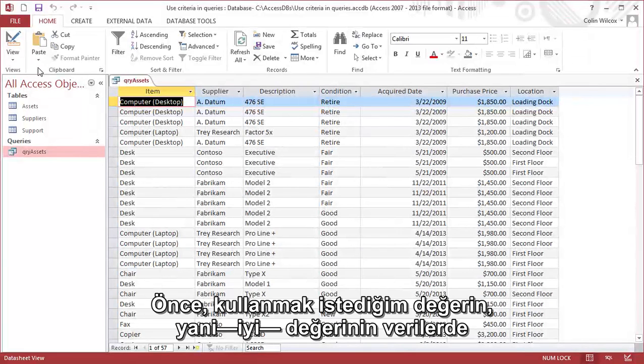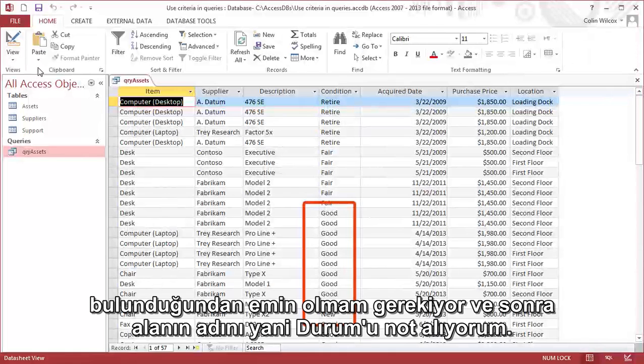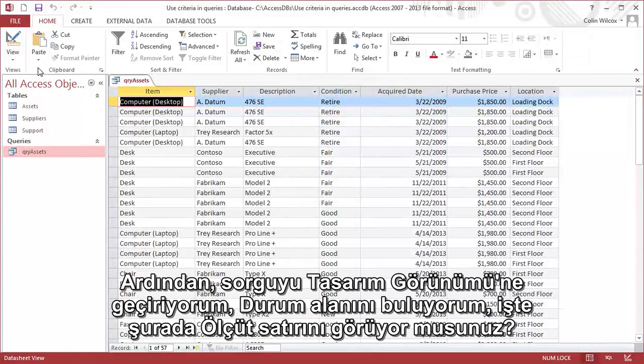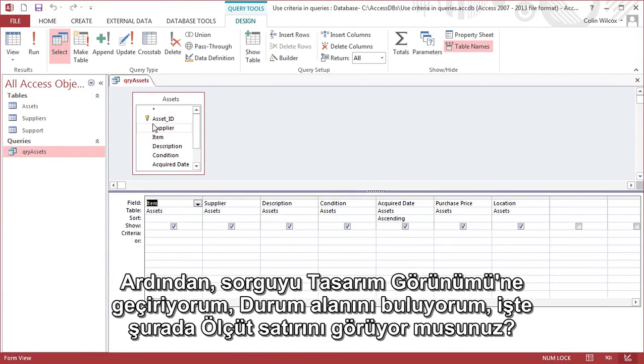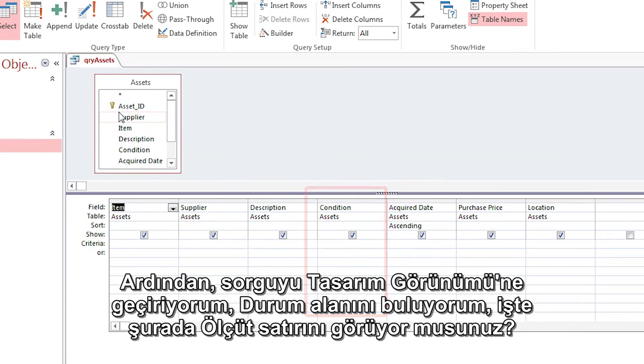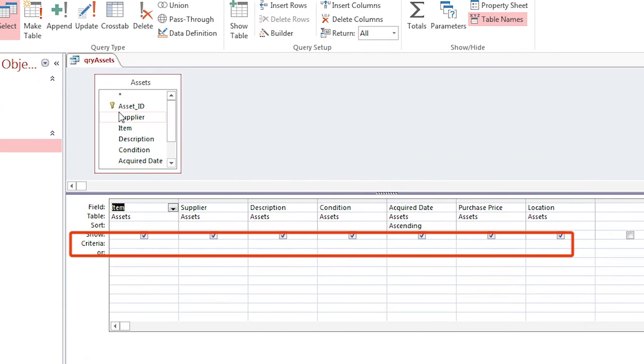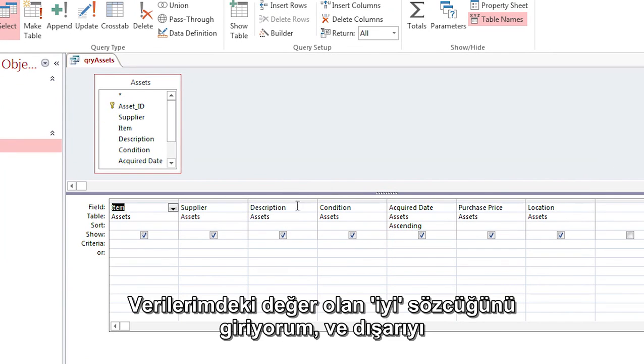First, I'll make sure the value I want to use, good, is in the data, and then I'll note the name of the field, condition. Then I'll switch the query to Design View, locate the condition field, and do you see the criteria row here? I'll enter good, the value in my data,